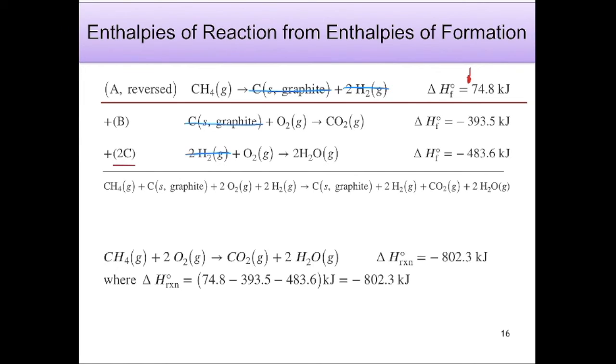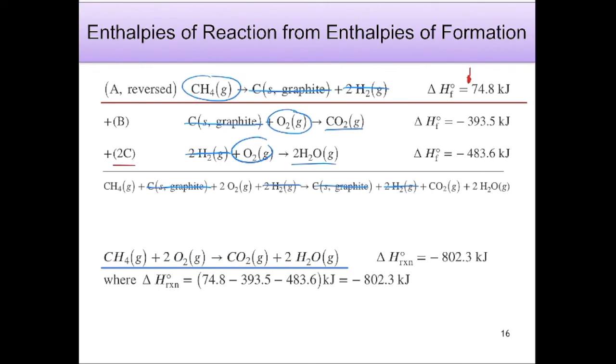Now the reason that we doubled reaction 3 was so these hydrogens would match in stoichiometry. If we didn't double it, we'd only have one hydrogen and wouldn't be able to cancel out the 2 hydrogens in reaction 1. 2 oxygens, and those are the reactants, and our products, carbon dioxide and water, right? So we've canceled out graphite, we've canceled out hydrogen, and then we're left with the overall reaction, which is shown down here, which is the same as the reaction on the previous